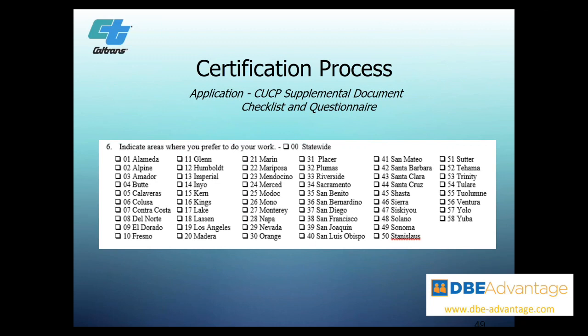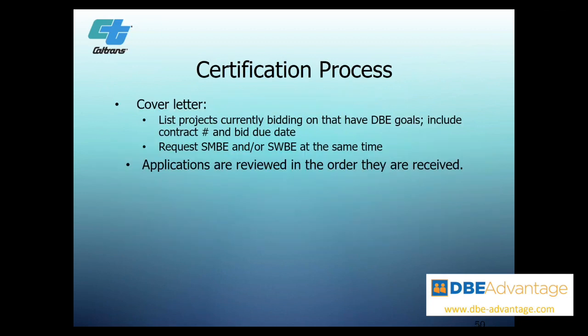And then you want to identify where you want to work. So some of you may have very specific type of work. For example, if you're in construction, you may only want to work in several counties, right? You might want to work in LA County, maybe Orange and Riverside County, or on the other hand, if you're doing engineering work, or other work that's more in the professional services area, you may work statewide, and you may hit the 00 box there and say, hey, I'll work anywhere in the state. So depending on the nature of your work, you would list where you are willing to work or prefer to work within the state of California.